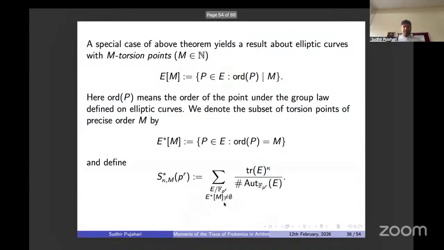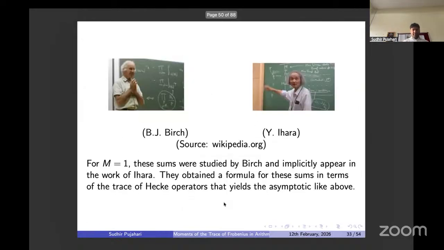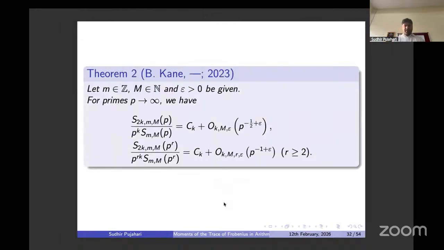studying this kind of thing, the moment of the trace of Frobenius, can be done. One of the major tools used is the trace formula, the Eichler-Selberg trace formula. Someone can use sheaf theory. Someone can use elliptic representation, and because we put this restriction, for example, the result of Birch, he used the trace formula, and most of the results exist. The Dutch use the Eichler-Selberg trace formula.